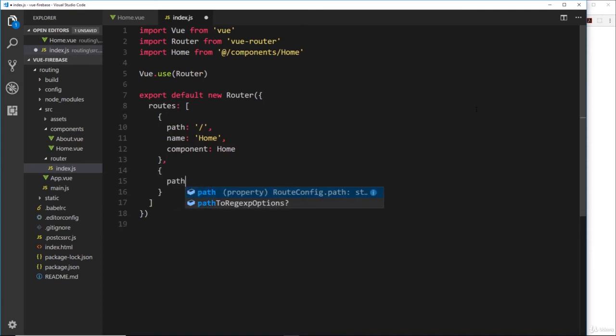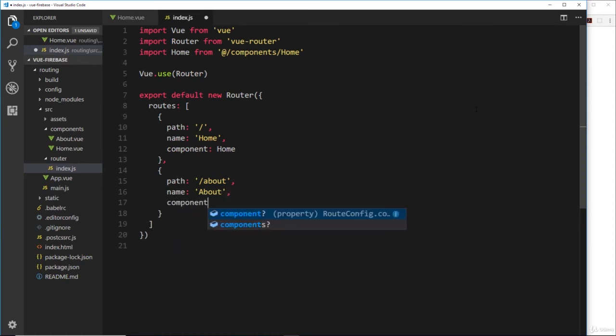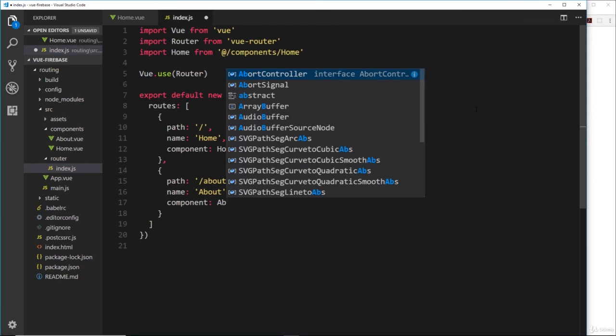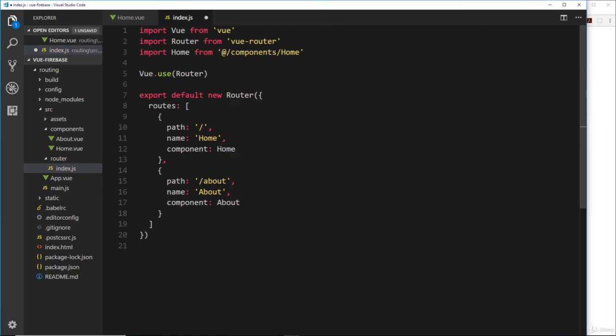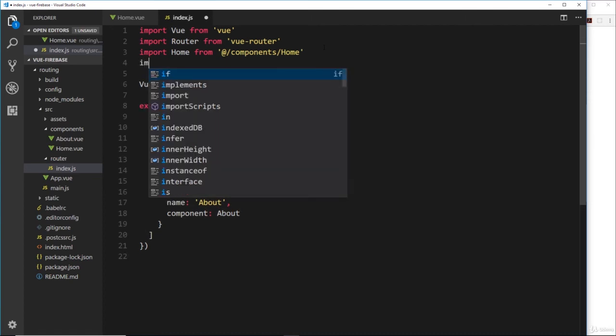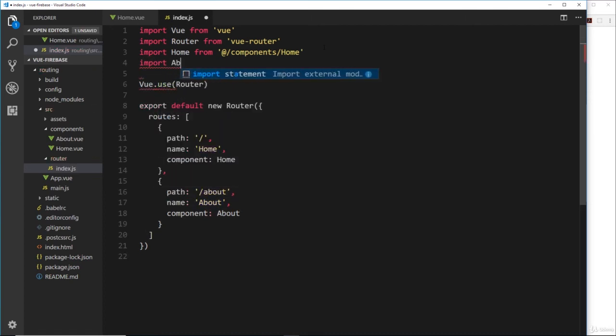The path is going to be /about. The next property is the name, which is going to be about. And then finally the component, which is going to be about. Now we need to import this component so that the router understands what this is. So up here, what we'll do is say import about from, and it's going to be